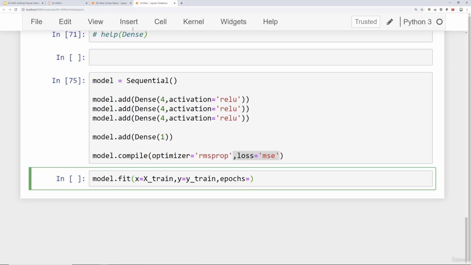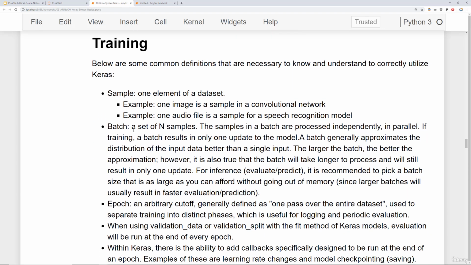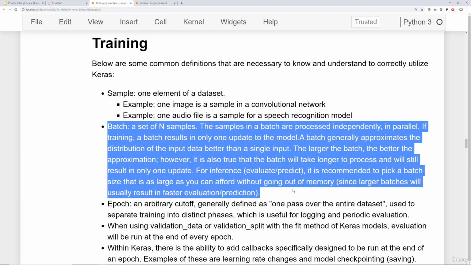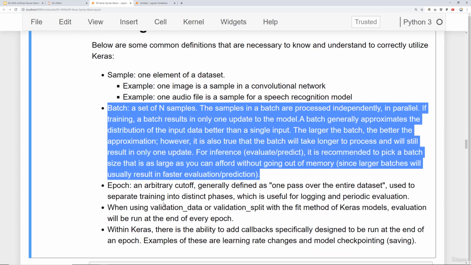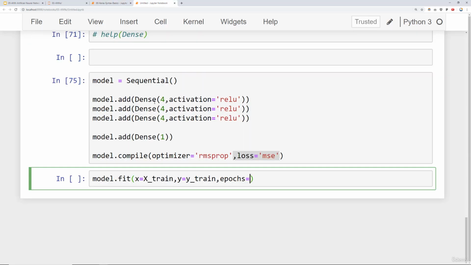And again, as a quick note, if you take a look at our provided notebook, we provide essentially a rundown of what batch and epochs mean. So this epoch is essentially an arbitrary cutoff that's defined as one pass over the entire data set. So if I've gone through the entirety of X train one time, that is one epoch. So I'll go ahead and say that my model is going to go through the training set 250 times,